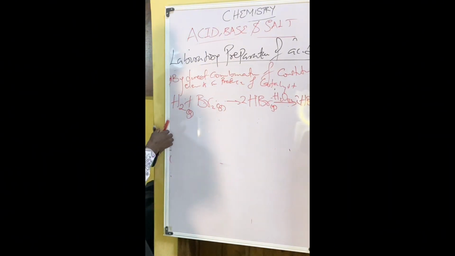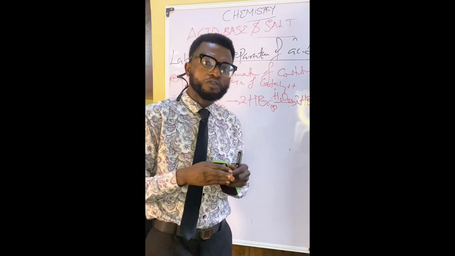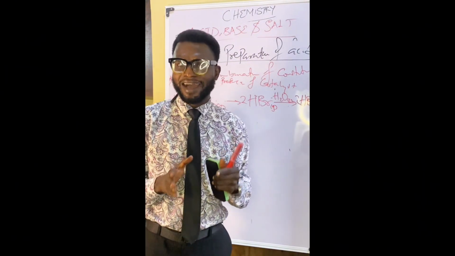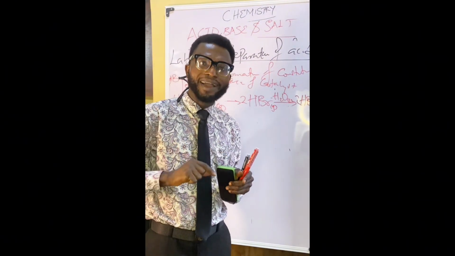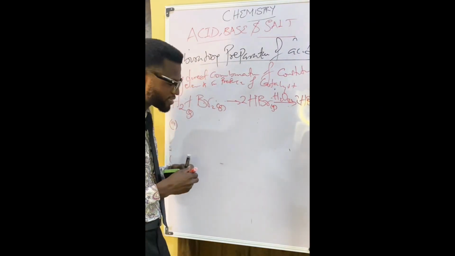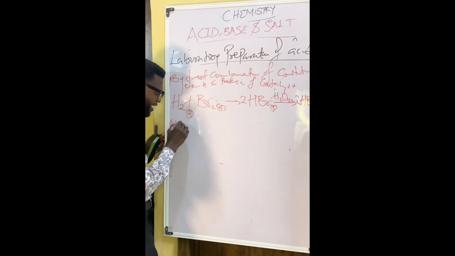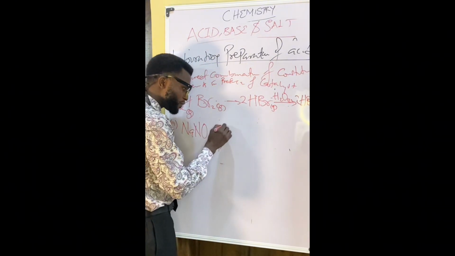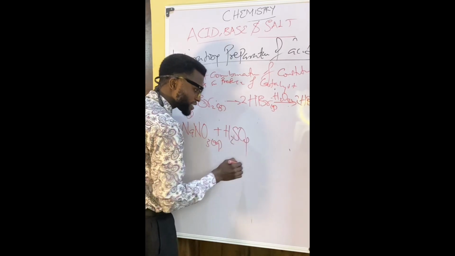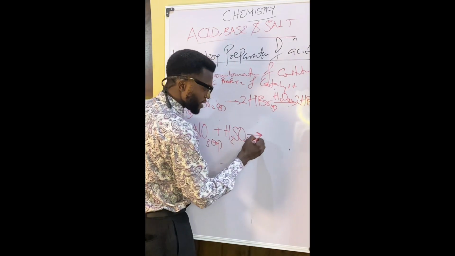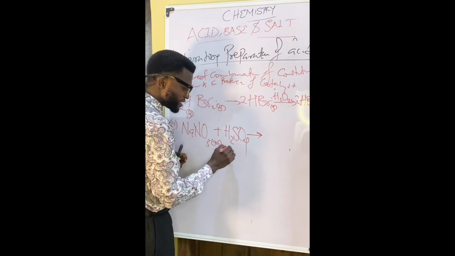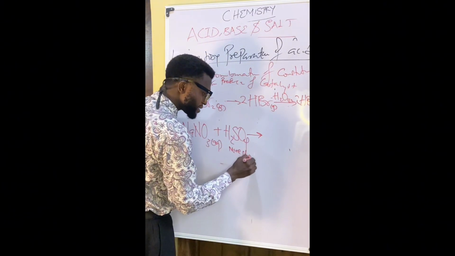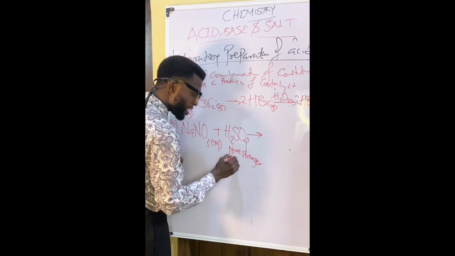Now, the third method of preparation of acid in the laboratory is by displacement of a weak or more volatile acid from their solution by a stronger or less volatile acid. For example, we have sodium trioxonitrate 5 solution reacting with tetraoxosulfuric acid. So let's say the product. Tetraoxosulfuric acid is a stronger or less volatile